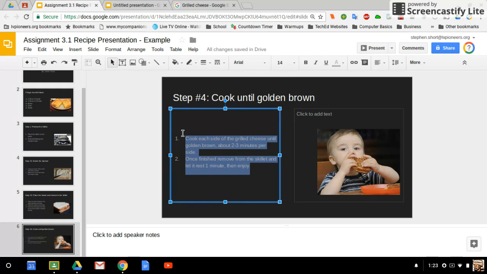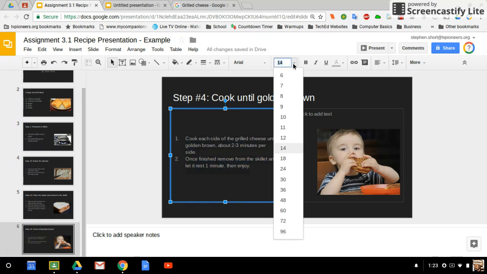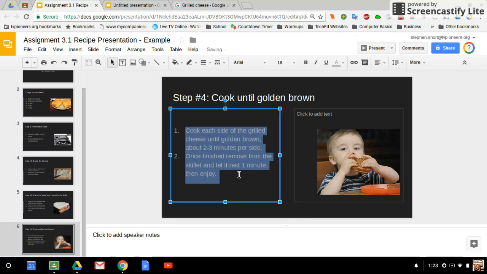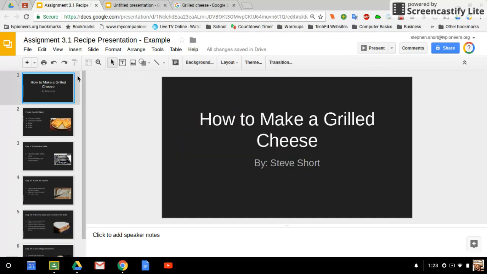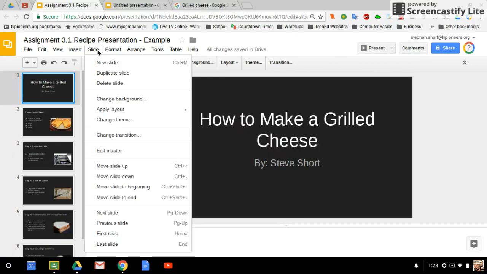But you would just want to do that so that you have a total of 6 slides, a title slide, an ingredient slide, and then also a step-by-step instruction slide. And then once you're done with that, you need to apply slide transitions. So I'm going to go up to the first slide again, and I'm going to go to the slide menu. And from the slide menu,